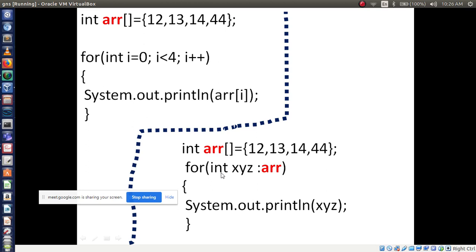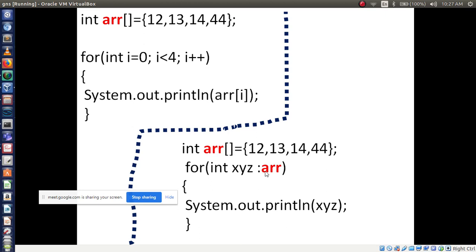Here, one is int xyz, I am declaring one variable, then a colon, followed by the array name. Then it will print all the array elements with the help of xyz.